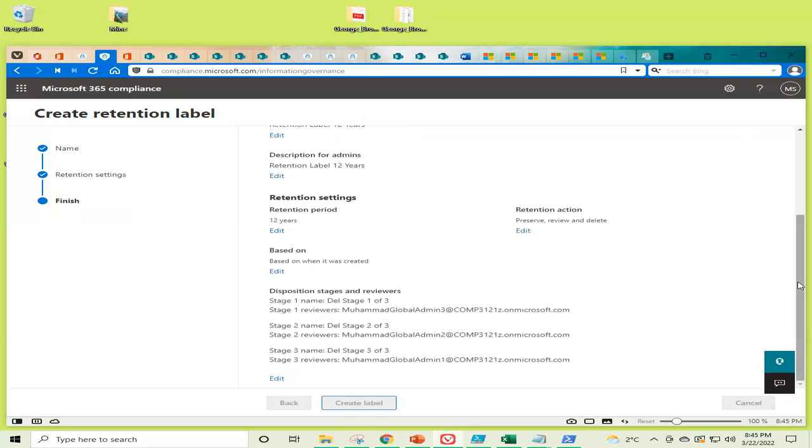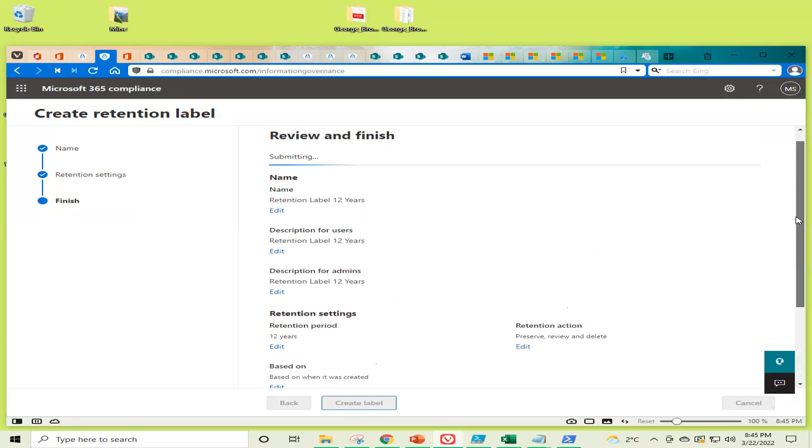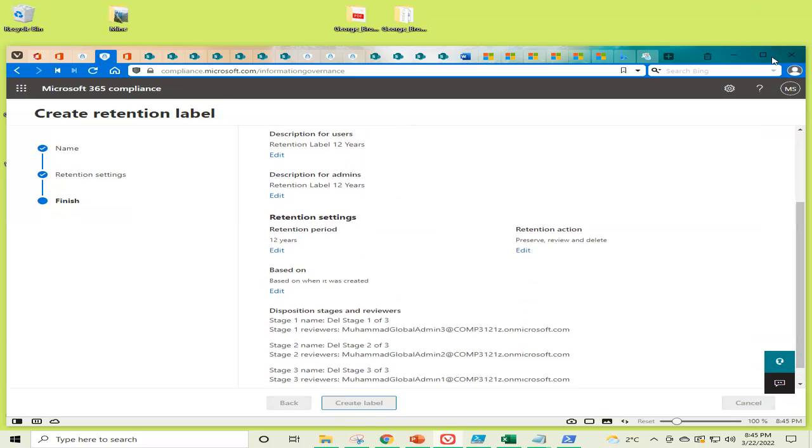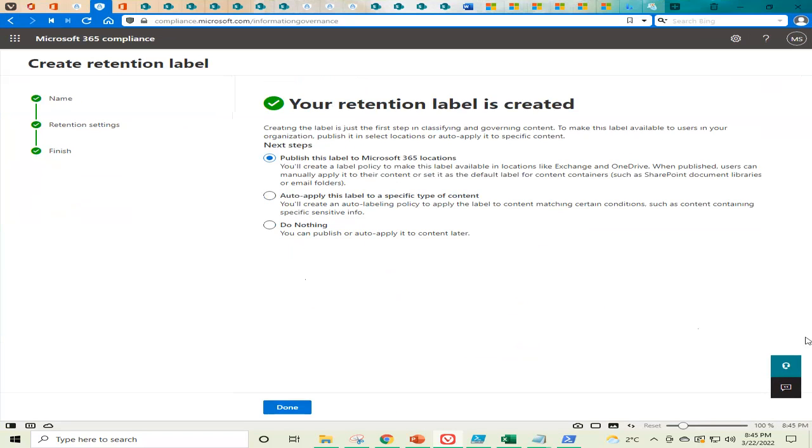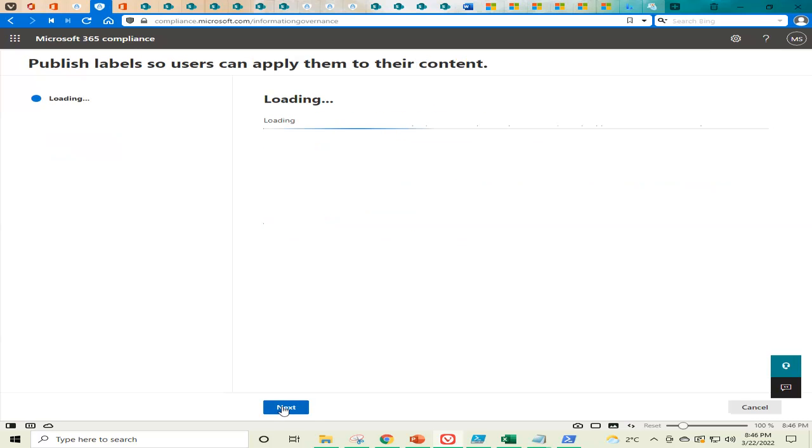We can take this page also as a picture of our submitting, or our system is ready for the label creation. Yes, your retention label is created already. So we can take the picture of this one. It will not show us the details of the label. We can go back and click on edit, I believe, and see the details, or take the picture of the page when we reach the end before clicking create, or we can just take the picture of this page. Of course, here it will show you the name, your name, and we can click even on done here, and then we can